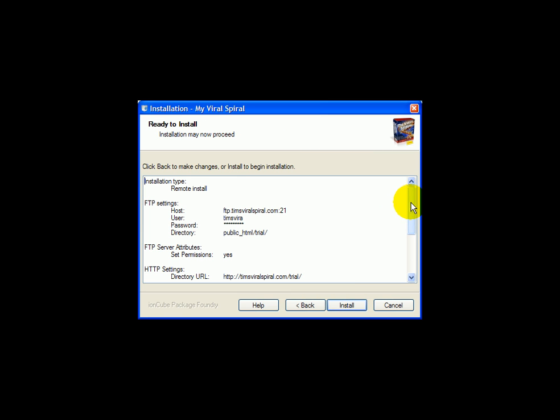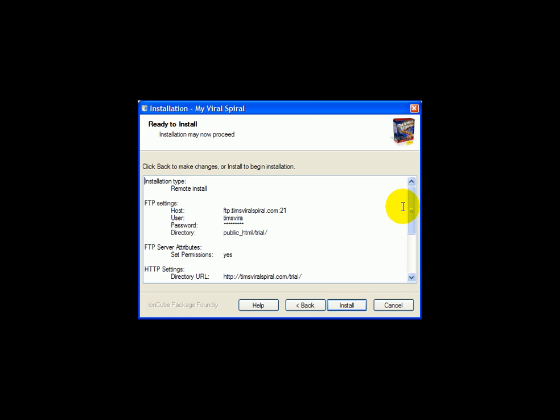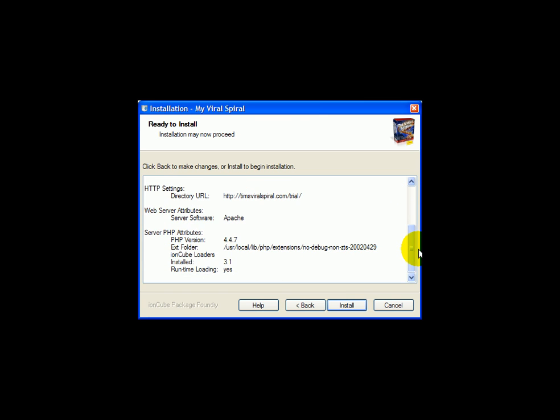Okay, and this is a confirmation then of what it's going to do and of the server that it's installing onto. You need PHP version 4 or 4.47. What you don't want at the moment is PHP 5, because my Virl Spiral won't run on PHP 5. So that you know, most PHP servers will enable you to select 4, even if 5 is running by default. So that would be something that you'd need to do. Anyway, here you can now click Install,